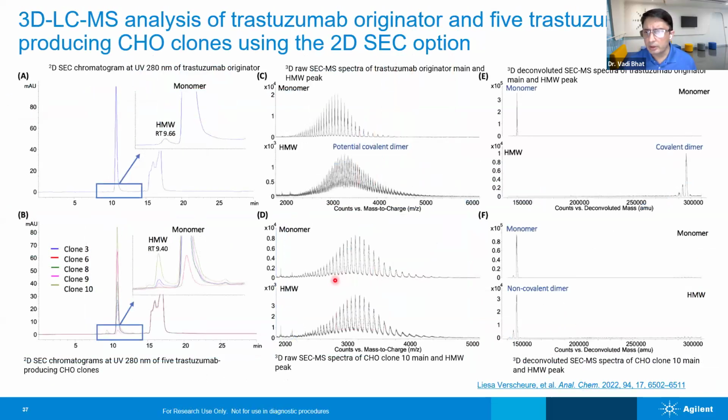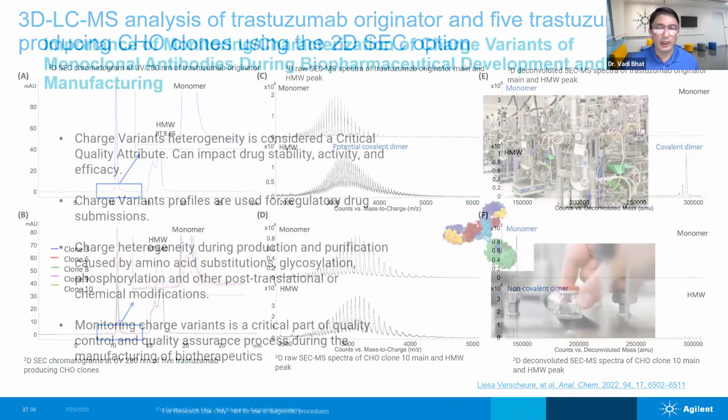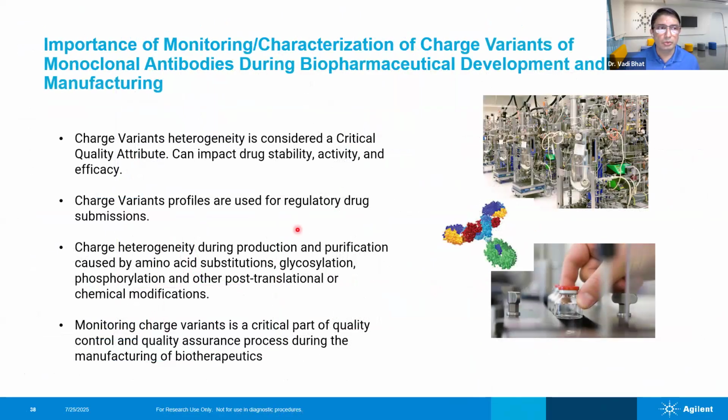Now, again, showing another publication, actually published in 2022, so that you can see the more information you can get, like monomer to non-covalent dimer to covalent dimer. There is a lot of work being done, including in India, where Professor Anurag Rathore is also working on this area, on how aggregate analysis can be done by native mass spectrometry. Now in IIT Delhi. So let's look into some of the charge variants, and